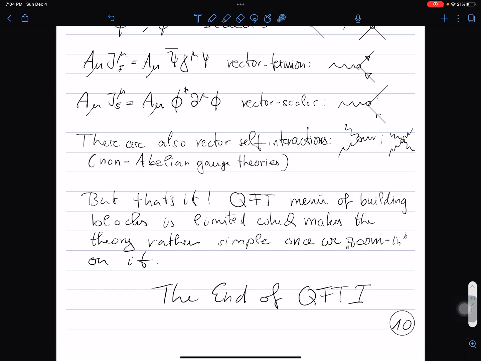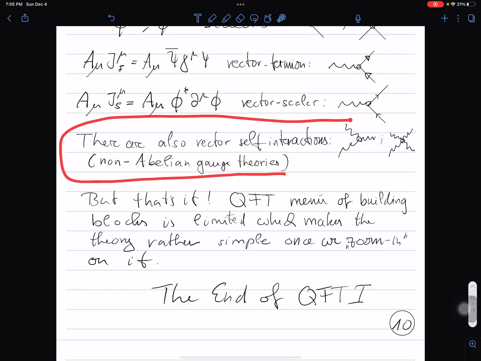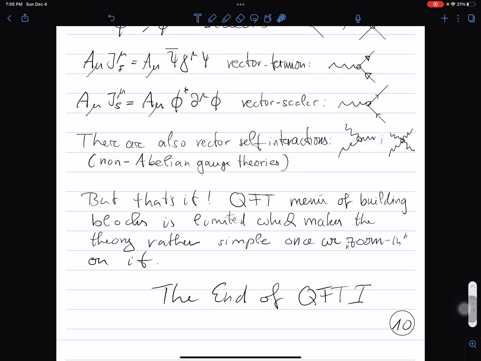Well, overall, this brings us to the end of this QFT course 1. And in the next two lectures, we will discuss more advanced topics such as an introduction to the standard model of particle physics. We will also discuss in this context non-abelian gauge fields, but this will be done in a more introductory way to prepare you for the next advanced QFT lectures.